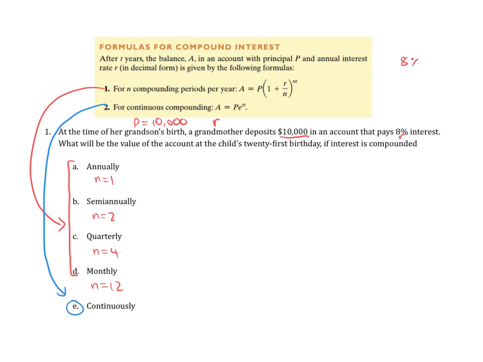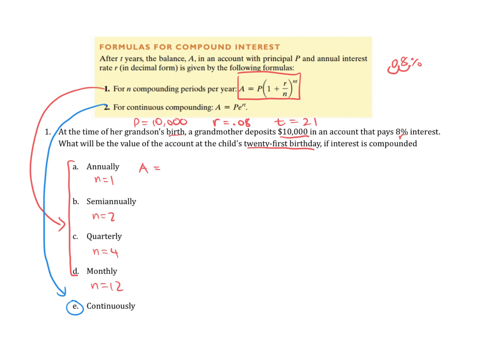8% changed to a decimal. We take that decimal and move it 2 places to the left, and we get 0.08. And then the time, well, the child's birth to 21st birthday is 21 years. So T equals 21 years. And for all of these, we will have that principal, rate, and time. So if interest is compounded annually, using this formula right here for those first four to find the future value